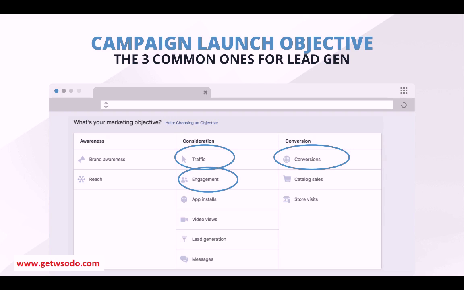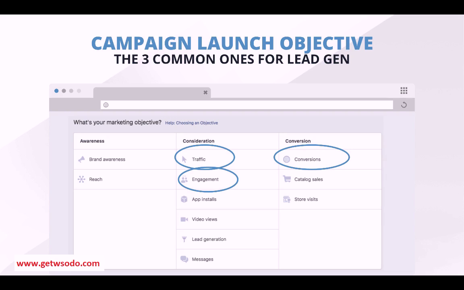And there's so many different options that you can choose from: brand awareness, reach, app installs, traffic, conversions, messages. So, if you're new, it could be very difficult to know which one to pick and what they all do. So I'm just going to explain a little bit what some of these different objectives mean and which one that you should pick. So there's basically only three objectives that you should really even pay attention to for doing